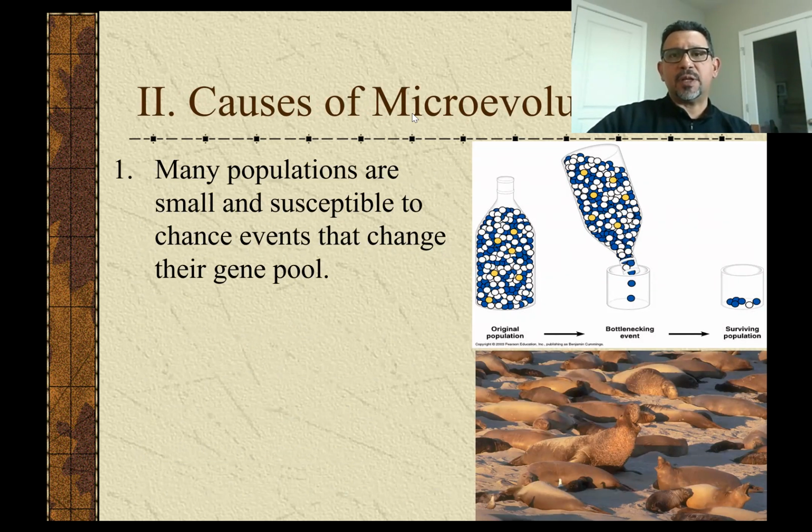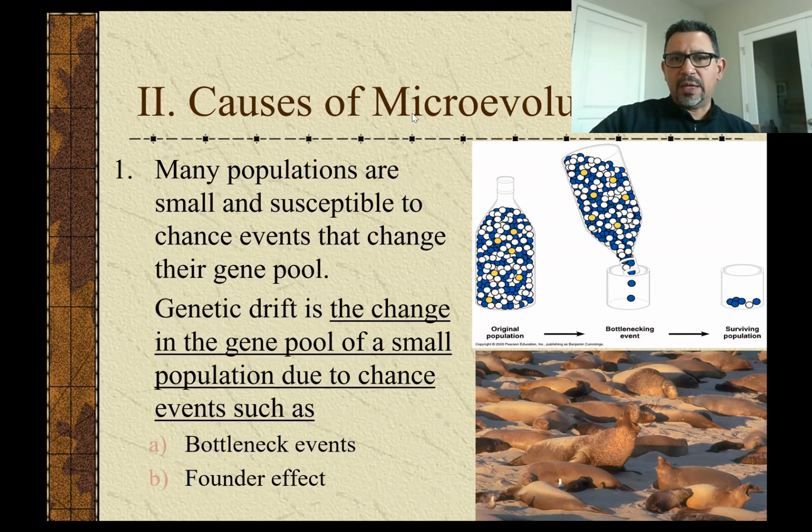When you have a population that is small in number, it's more likely to experience random changes in its gene pool. Those random changes in the gene pool of the population are known as genetic drift. Genetic drift can be the result of a bottleneck event, or a bottleneck effect, as it is also known. Consider, for example, here on the coast of California, in the Pacific Ocean in the United States, there is an animal that breeds there. It's the elephant seals, like the ones you see pictured here in this illustration.